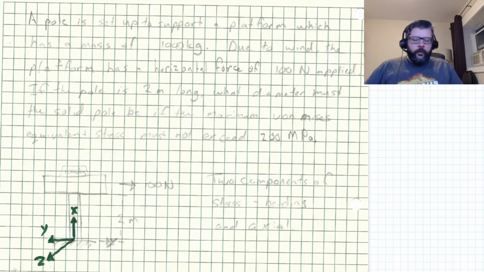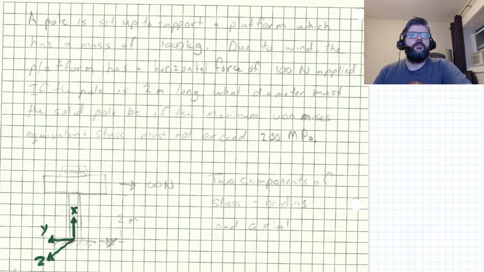Okay, so I'm re-recording this video because I made an error the last time that I want to address. But what we have here is a pole set up to support a platform. The platform has a mass of 1,000 kilograms, 1 metric ton, and the wind causes a horizontal force of 100 newtons